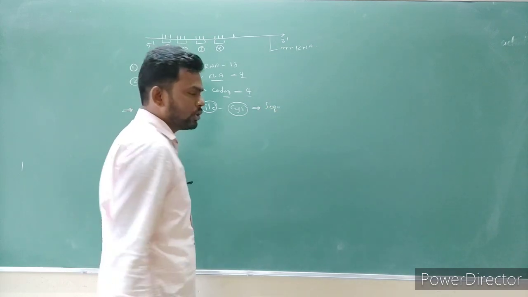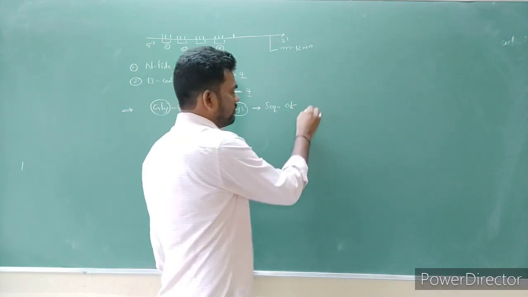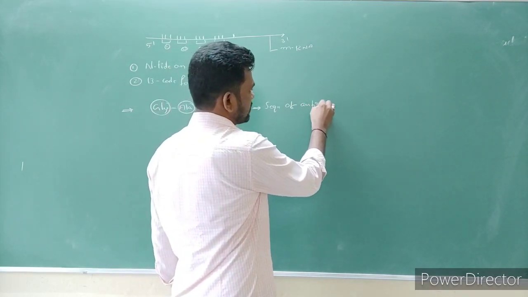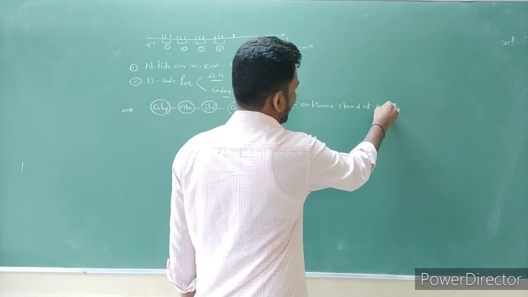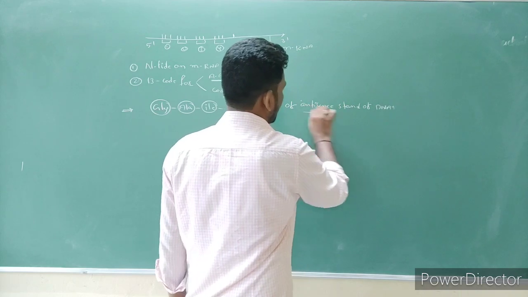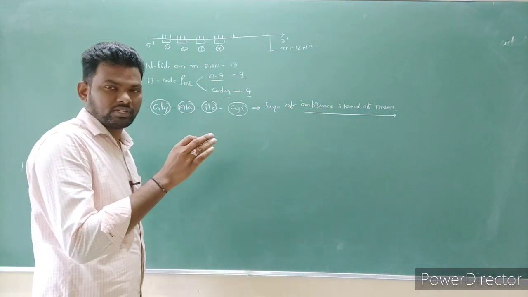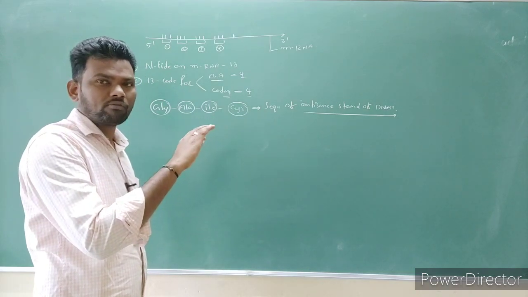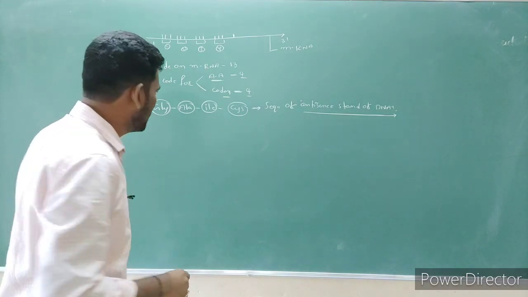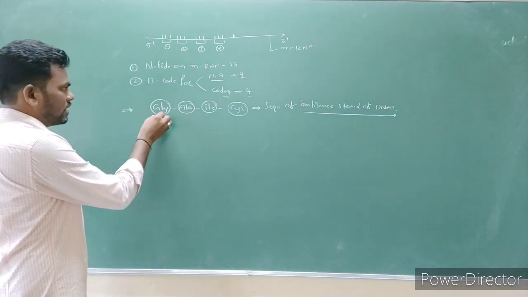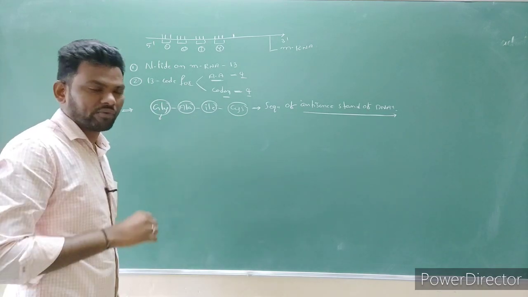The nucleotide sequence of the antisense strand of DNA, right? The question is asking, we have to find out the template strand, which acts as the template for formation of mRNA. So the template strand sequence is being asked, right? So first, what do I have to do? Simple. First we have to find out which codon codes for GLY, that you have to find out.